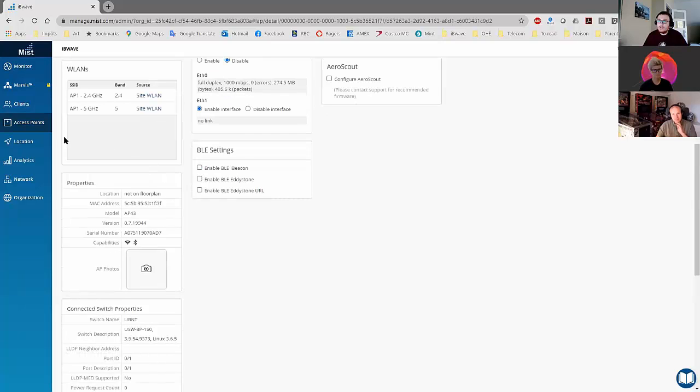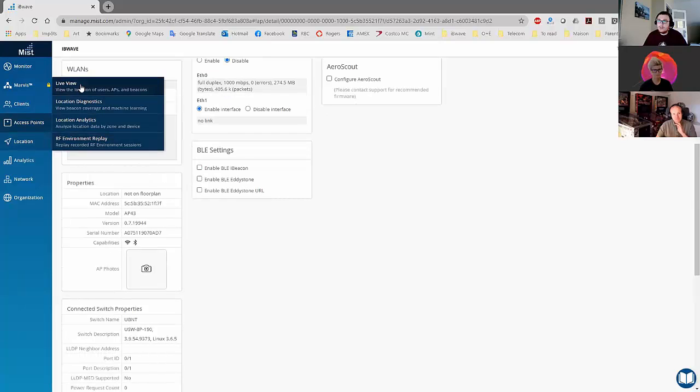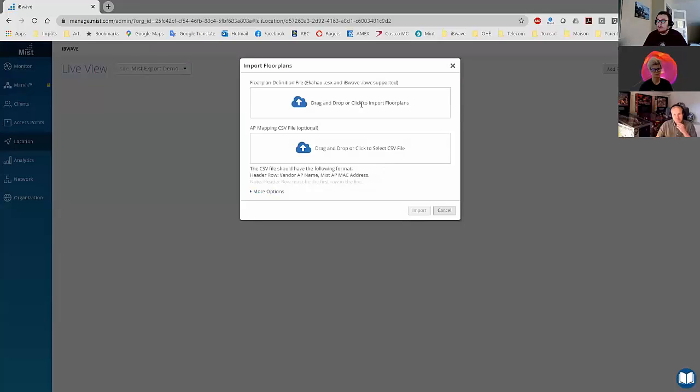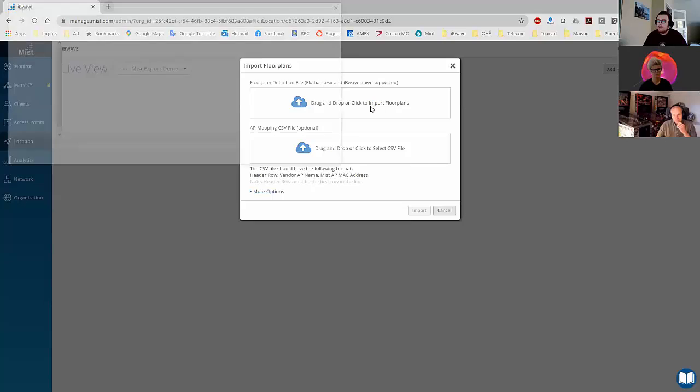And so what I could do is go to Location, Live View, and then I'd need to have the site created. I created the Mist Export Demo site. And then on the site, I need to add the floor plan, right? So you have either import manually on the Mist dashboard, or add the floor plan manually or import. So when you import, you have the option to import an iBwave file. So if I import that,